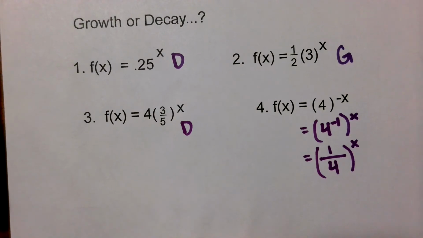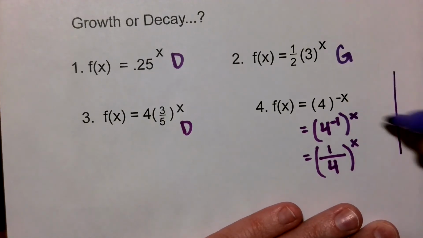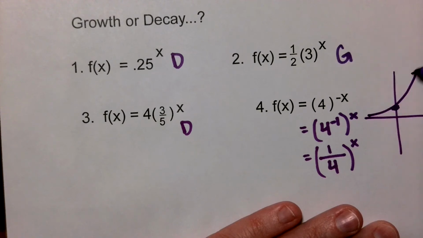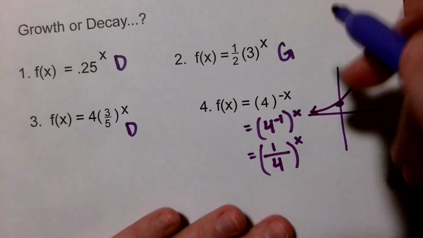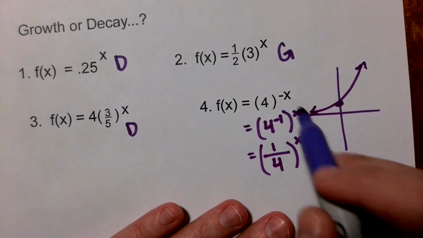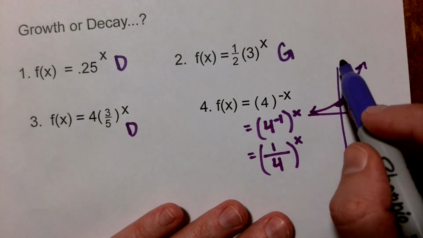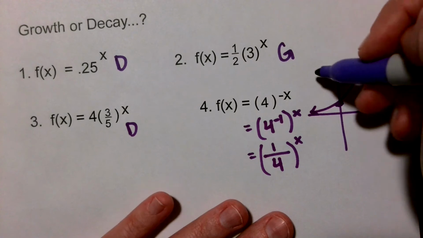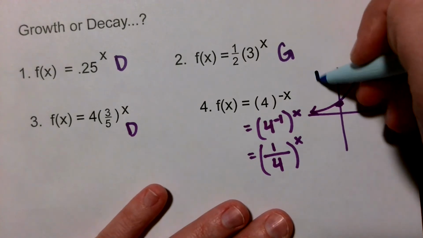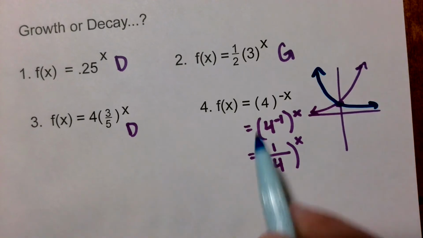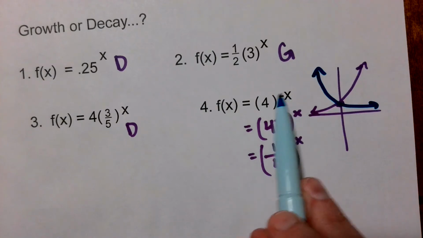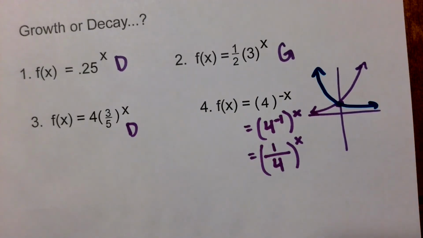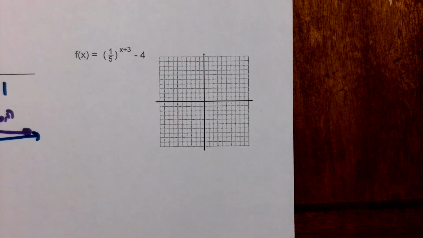What we would have to know, looking at those rules that we have used before, reminding us of rules, is that initially I might graph this as growth. So knowing that it gets larger from left to right, it increases. But then remember, anytime I have a negative with the x doing what the x is doing, it reflects over the y-axis. So it will actually end up looking like decay. So we could either use our transformation rules there, or we could change our base to where that negative is being attributed to the base. It is a fraction.